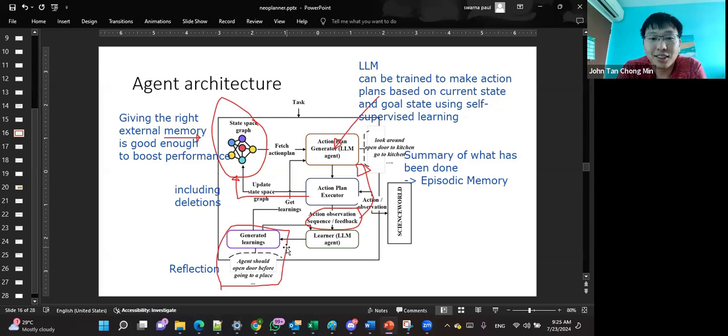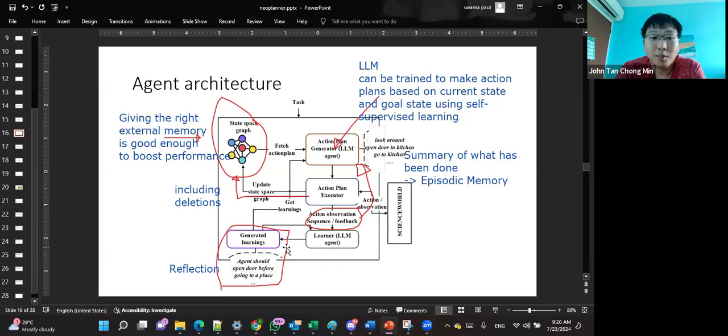Swarna's work has shown that using LLMs imbued with special memory structures and special pipelines, like generating learnings and so on, can already improve the performance on a difficult environment, the ScienceWorld environment, by a lot, at least 100% over past SOTA methods, and even more than reinforcement learning. So it shows that if we want to do higher level planning, we have to go beyond just going by rewards. We have to go into different forms of memory. And I think this work is a step in the right direction.